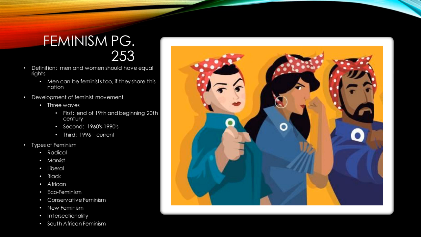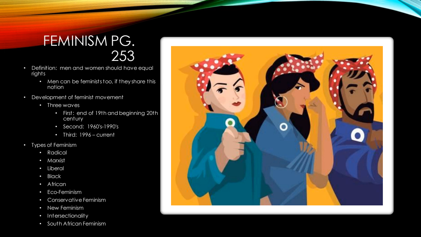And when we talk about equal rights, what exactly are we talking about? Should men also cook, clean, bath their children, and all of these things? And the answer would be yes, but also at the same time, can men have children, or bear children rather? Not really. They cannot fall pregnant. So there's always this ongoing debate on what we mean by equal rights, and the different types of feminism or feminist groups will answer the questions of the manner in which equality should be achieved in society between